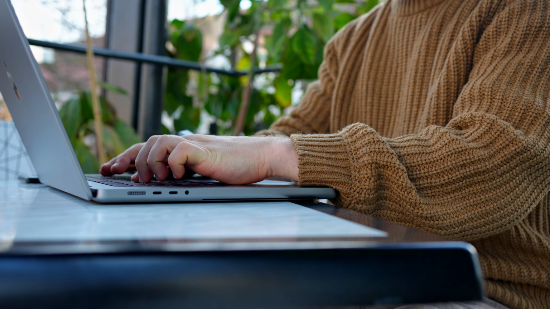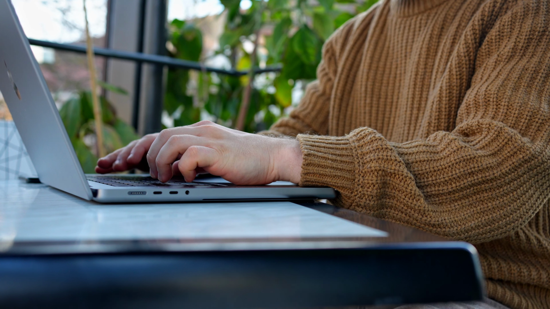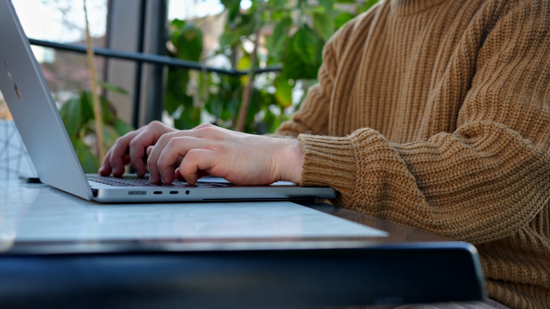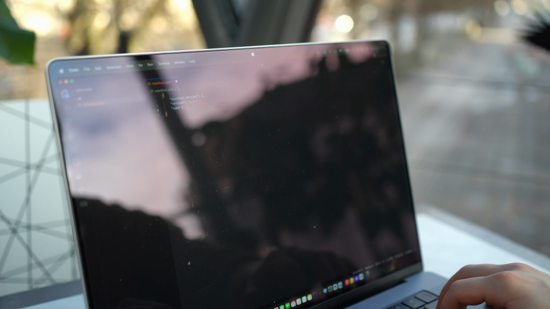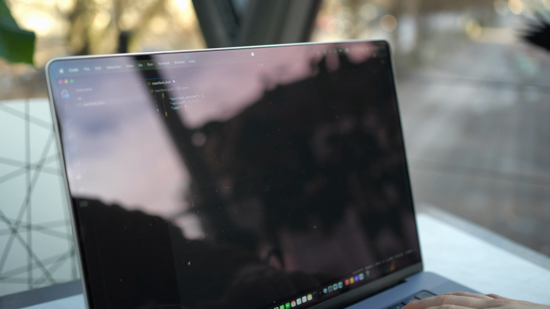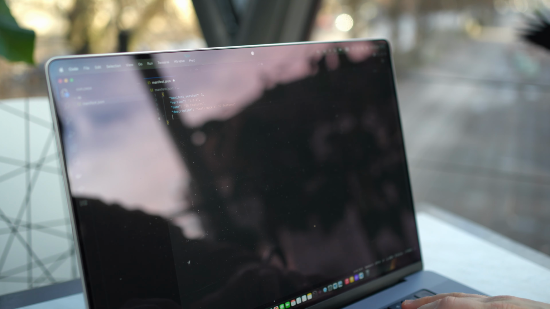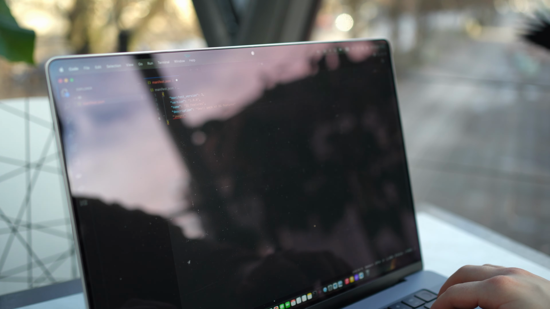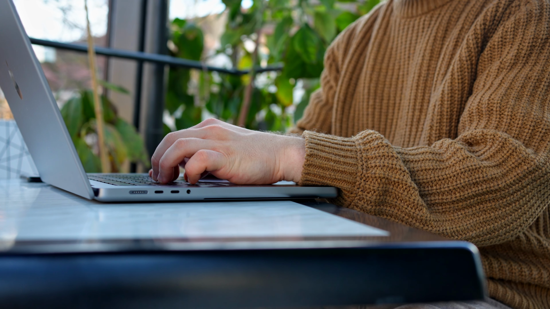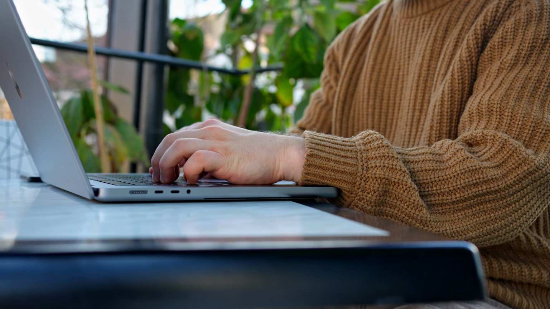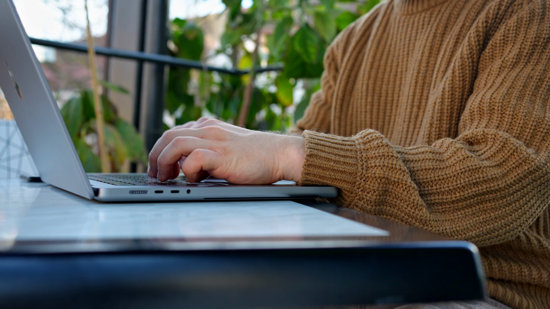So in order to start developing an extension, we first have to create a manifest.json file. Inside this file we have to define a manifest version. I will use the third version because it is the newest one. Also we can define a version for our extension. I will use a basic one and it will start from 1.0.0. Also we can provide a name and description for our application,